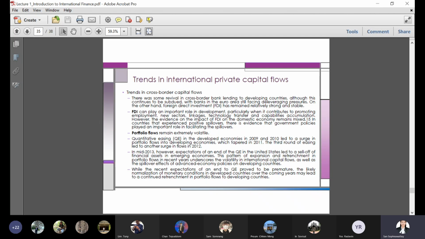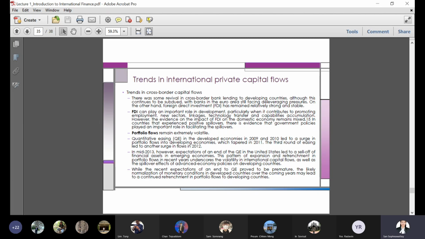So when advanced economies lower the interest rate, the investors decide to put their investment in developing economies. So quantitative easing or unconventional monetary policy by developed economies has led to a surge in portfolio flow into developing economies. But later on,